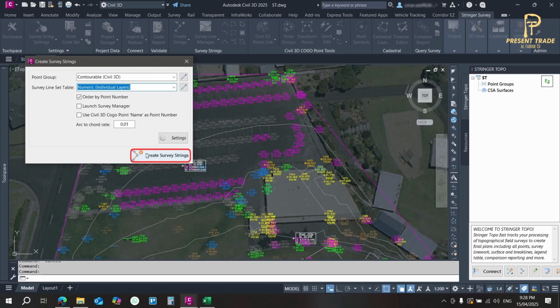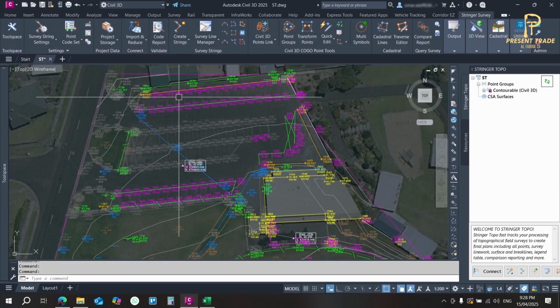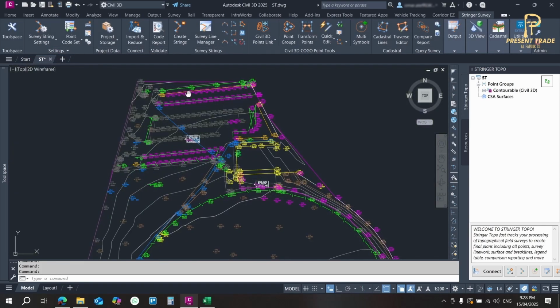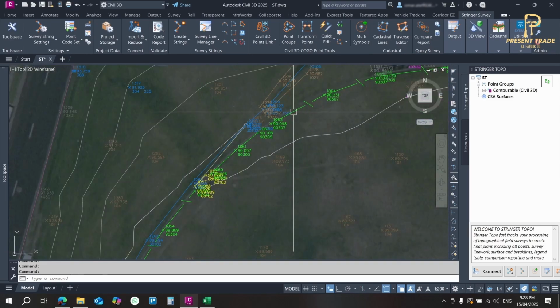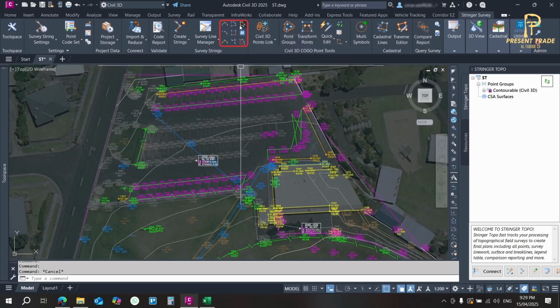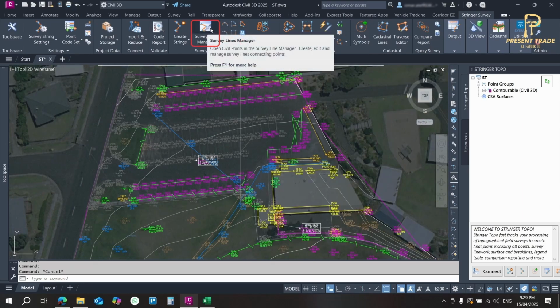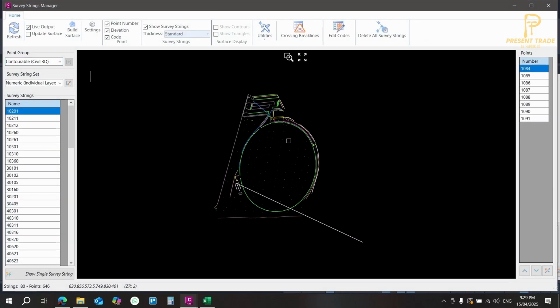Now, click Create Survey Strings. Another window will appear for Code Set and Civil 3D Surface Selection. Choose your settings, click OK, and just like that, Stringer Topo draws all your survey lines and break lines as polylines. But what if the lines aren't quite right? No problem. You can fine-tune everything from the Survey Strings tab or open the Survey Line Manager for a full suite of editing tools. Once inside, you'll see a clean list of all your survey lines, making edits quick and